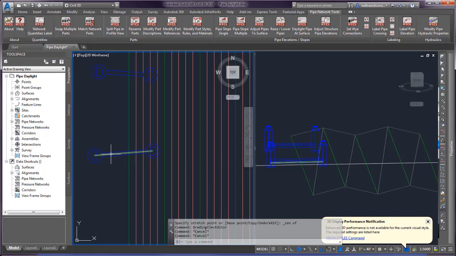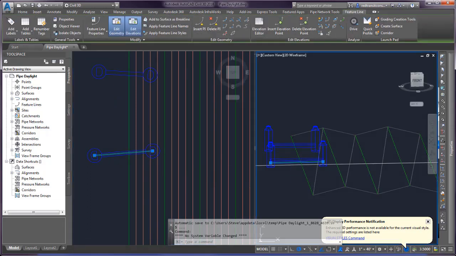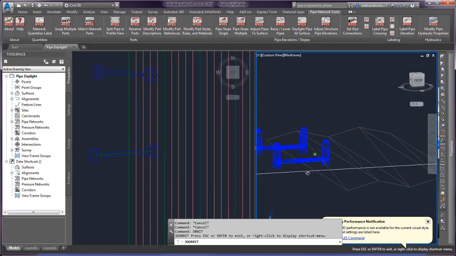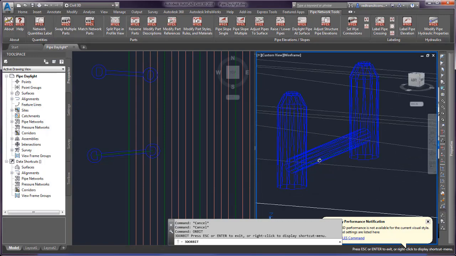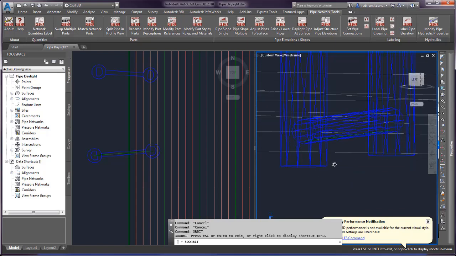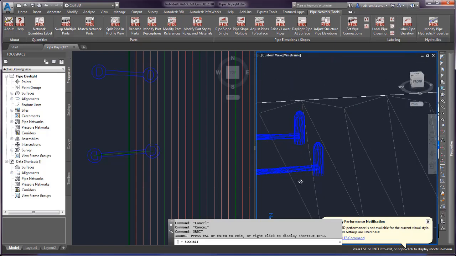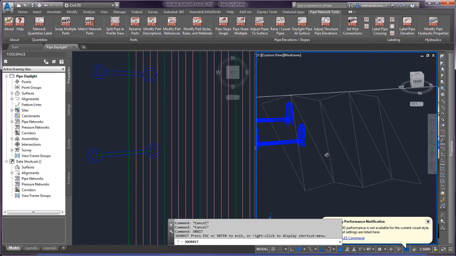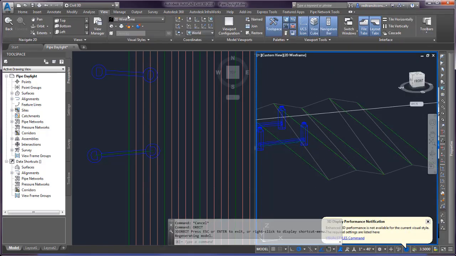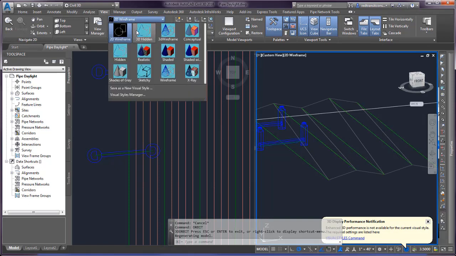And so you can see I have a feature line here, and here I'm in Object Viewer. So let's go ahead and do an orbit in the 3D view. And you can see that my feature line is right on the invert of the pipe. If I switch back to my 3D view here, I'm going to change the view to conceptual,